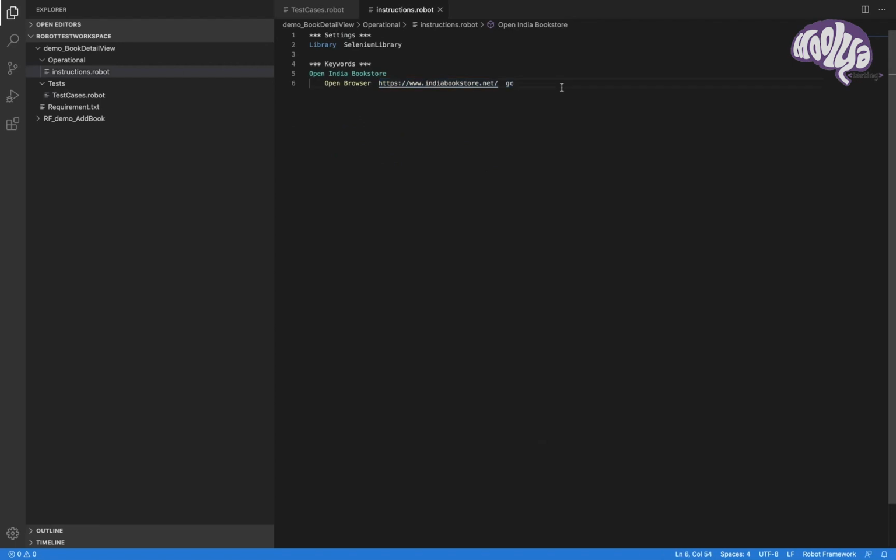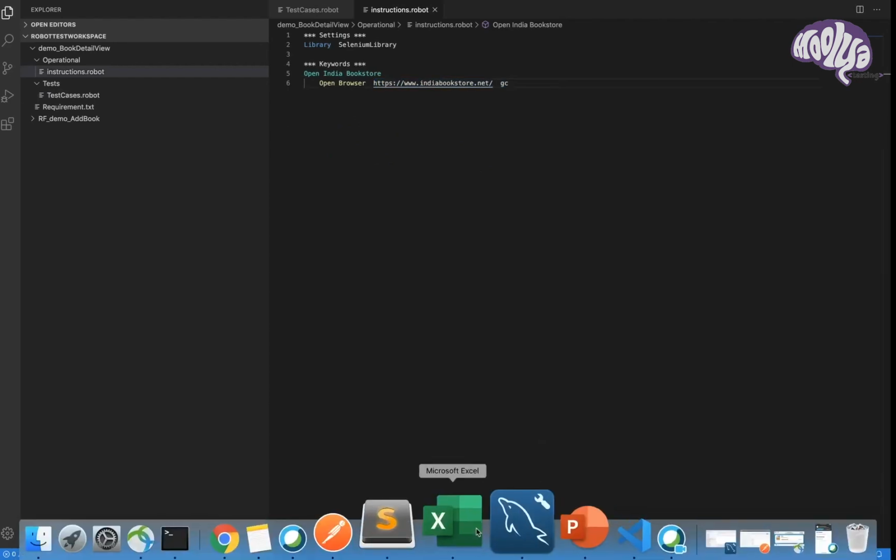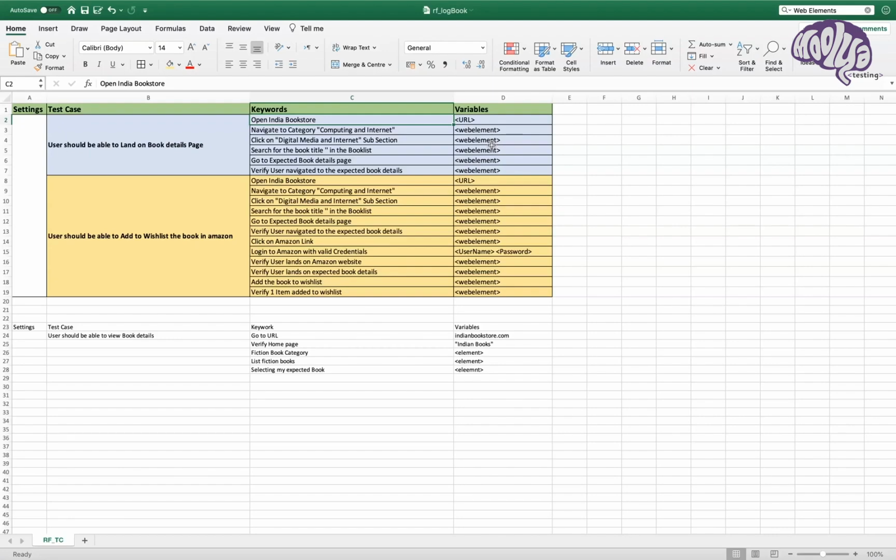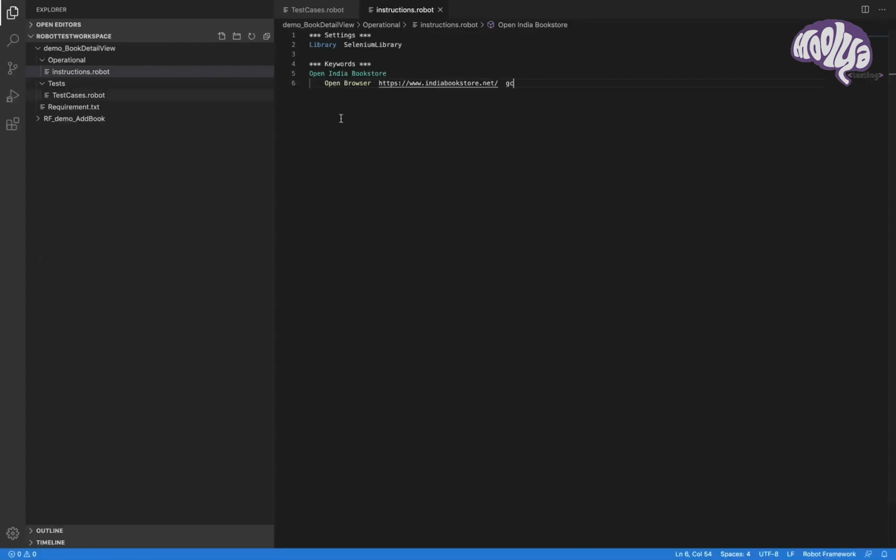Before going to the last variable keyword, let's try to run this. To run the command, go to your terminal. You need to land on your current project name.